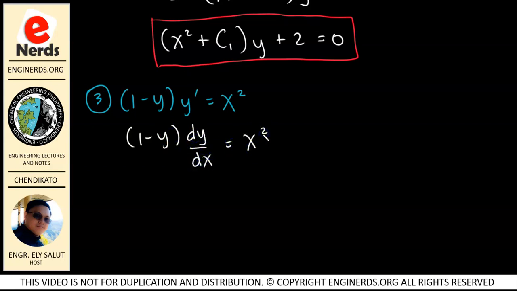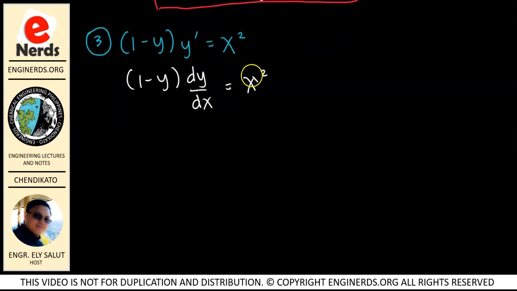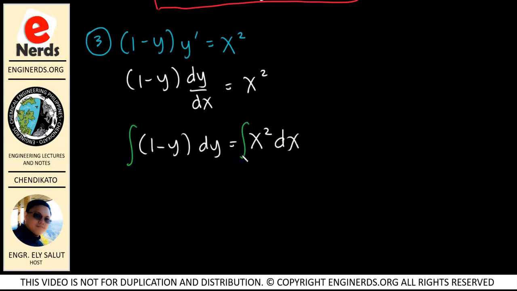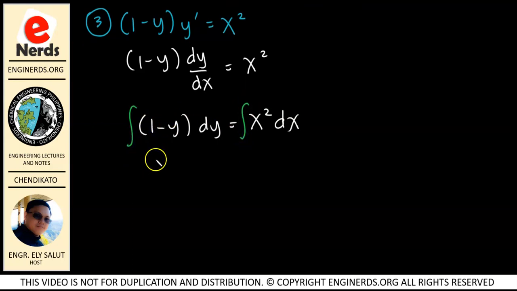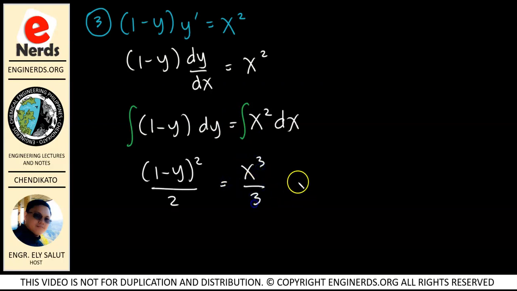Okay, so the same for variable separable. Pagsasamahin lang natin lahat ng x natin with dx and lahat ng y with dy. So I'm just going to transpose our dx sa right side ng ating equation. So I will have 1 minus y dy is equal to x squared dx. So already, nakaseparate na yung ating y and x, ano? Okay, so now we can integrate itong ating mga terms. Doing that, we will have 1 minus y squared over 2 is equal to x cubed over 3